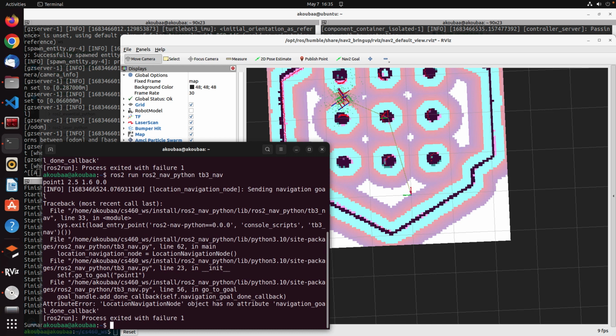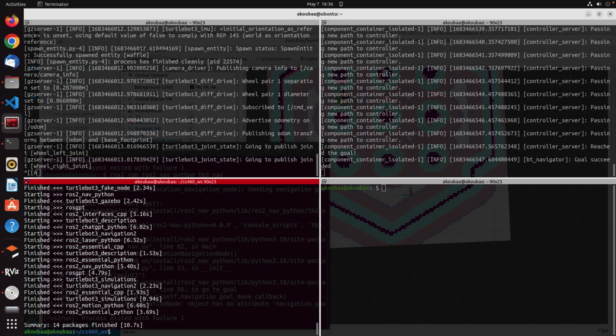Now it finished. Okay, so at least we can manage with the one. But if we want to make multiple goals, we need to wait until the first navigation finishes to start the second navigation. Okay, now I have introduced this code. I will share this with you. I would like you to do the following for